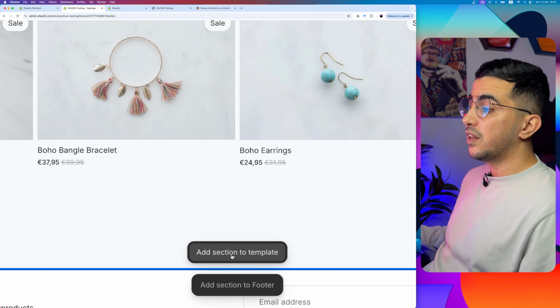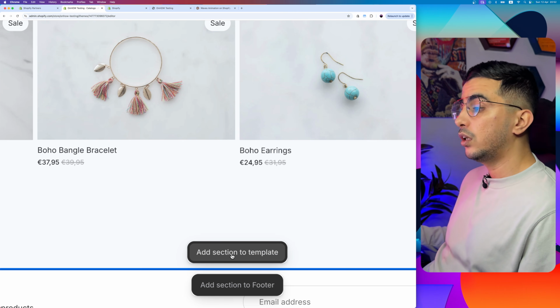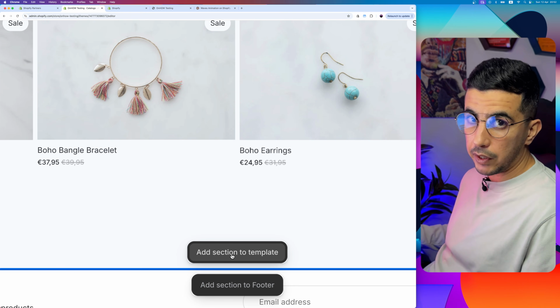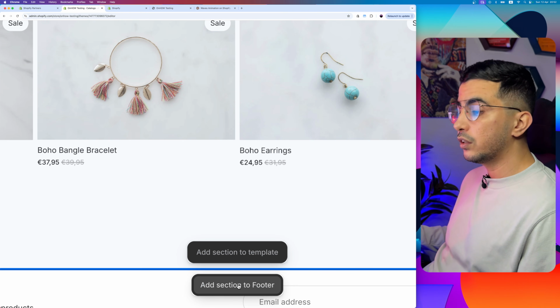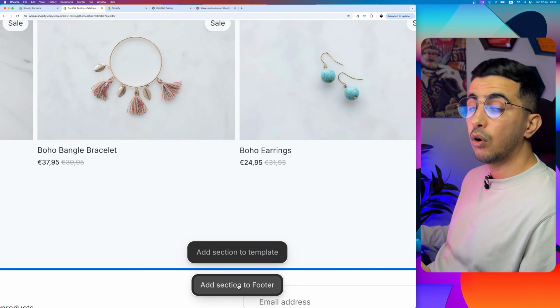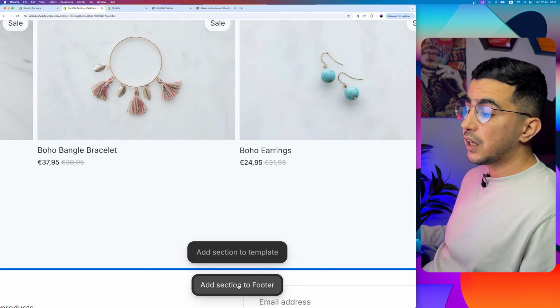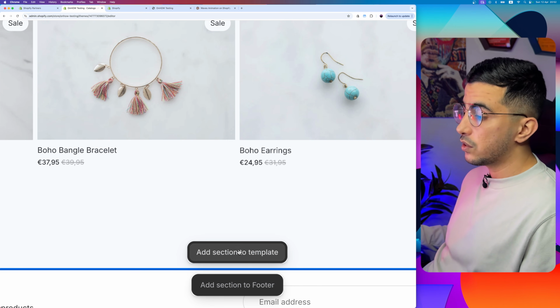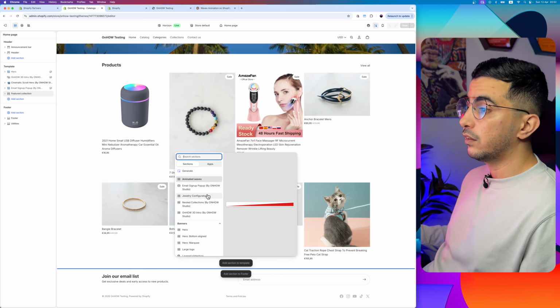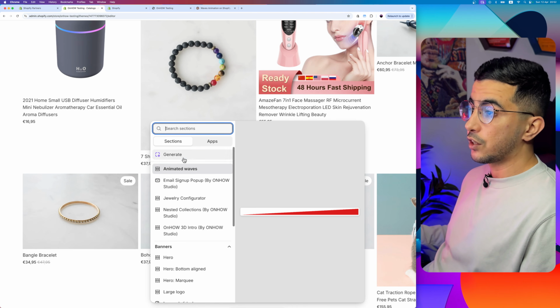So basically, if you add the section to the template, it will show up only on the template, which in this case is the home page. If you add the section to the footer, then it means it will show up across all the pages on your Shopify store because the footer exists on all pages. In my case, I want to add it only on the home page. So I'm going to click on add section to the template and you will see this section right here called